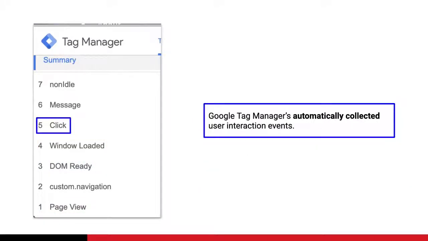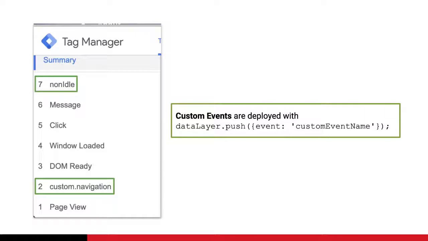Then you'll see things like click and form submit and link click and element visibility. And these are all GTM's automatically collected user interaction events. They'll appear in the data layer with these kinds of labels like click, which is a bit confusing. I would prefer they would use their original event names, but you'll just have to learn which ones are automatically collected events and which ones are GTM's default events and which ones are custom events that your own code can